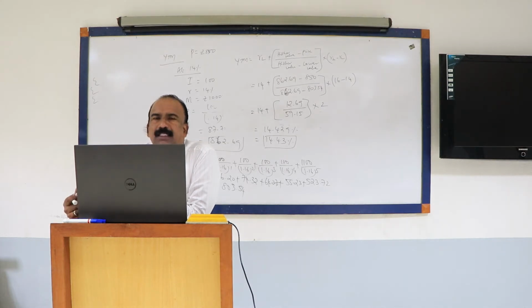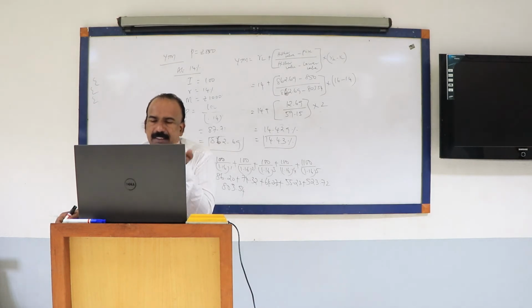Okay. Look at the 6th case, you can do it by yourself. I'll just give an explanation. The market value of a 100 rupees par value bond carrying a coupon rate of 8.5% maturing after 8 years is 95, which is less than 100. That means the yield you are going to calculate will be higher than the coupon rate. Coupon rate is 8.5, so it will be higher than the coupon rate because it's a discount bond.